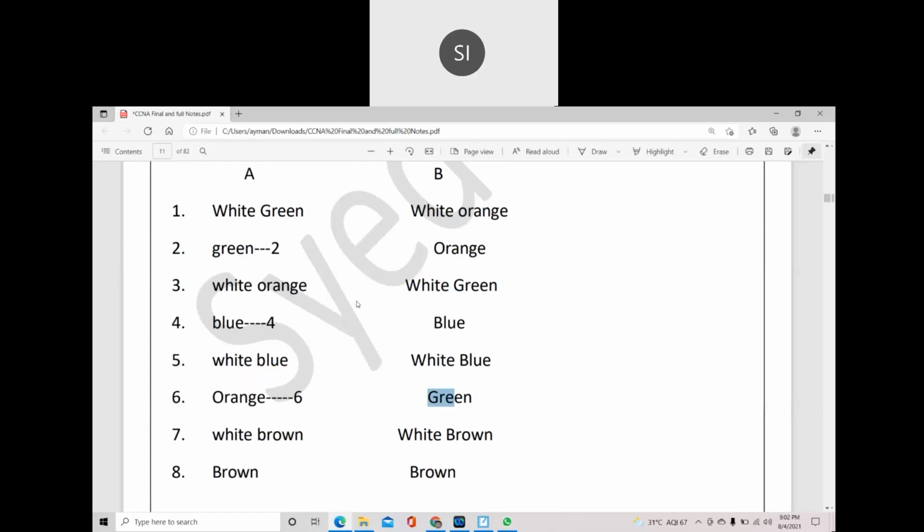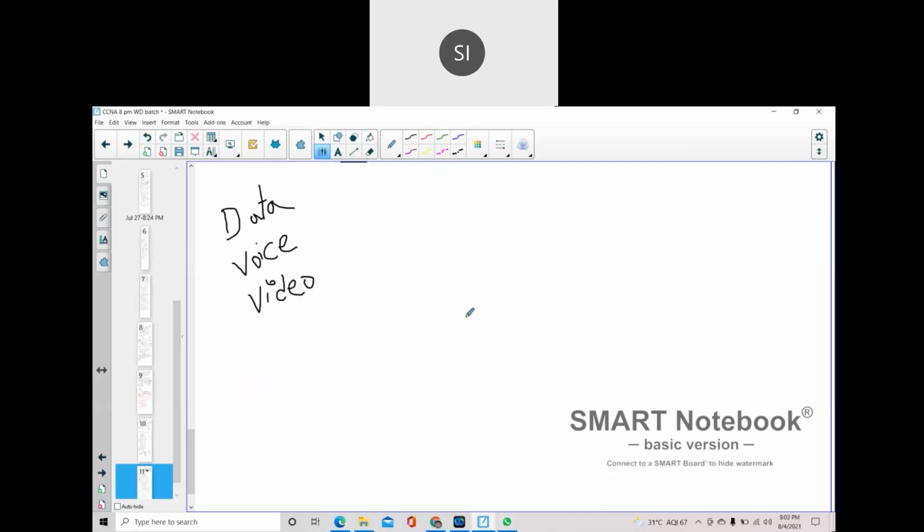One more cable is very important if you are a network engineer. You have to know one cable, the console cable. The straight cable and crossover cable are both for communication, whether data, voice or video communication. The console cable is the third cable.